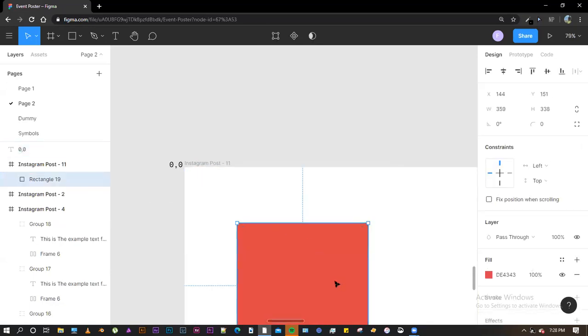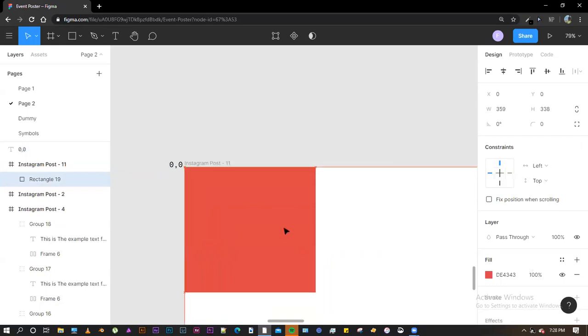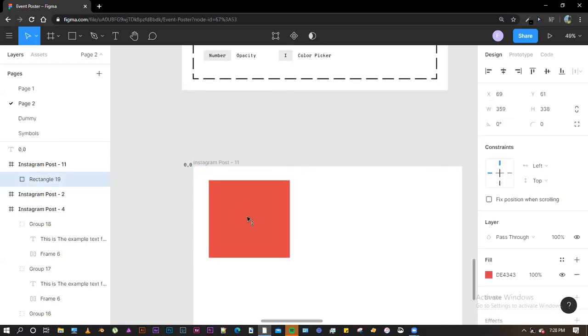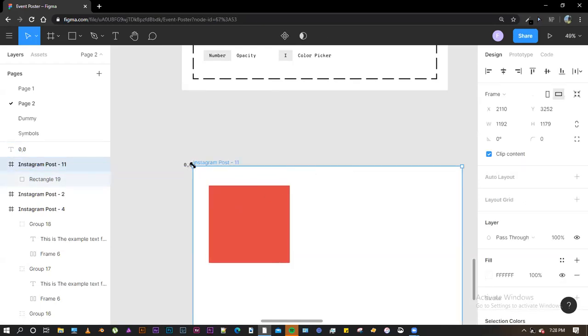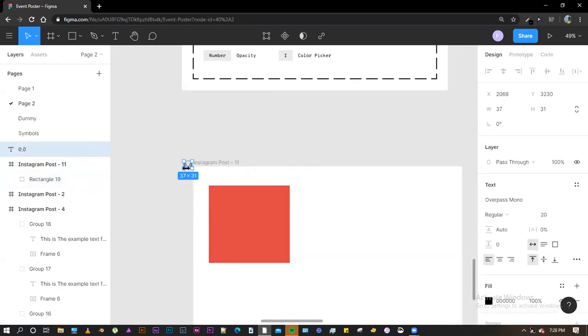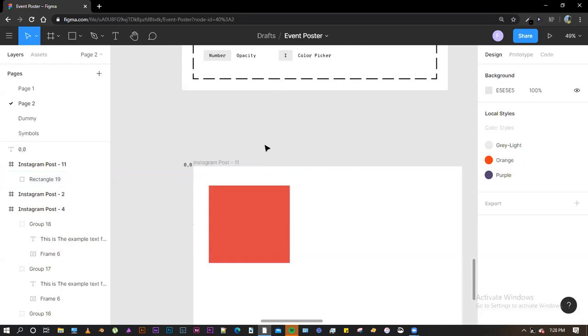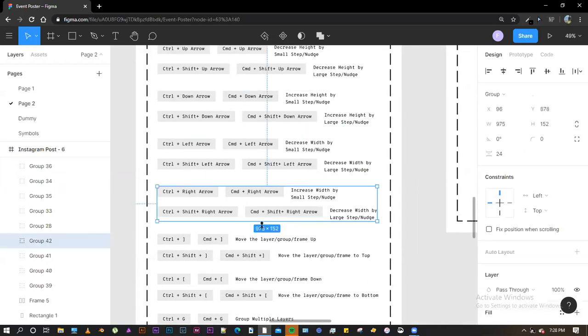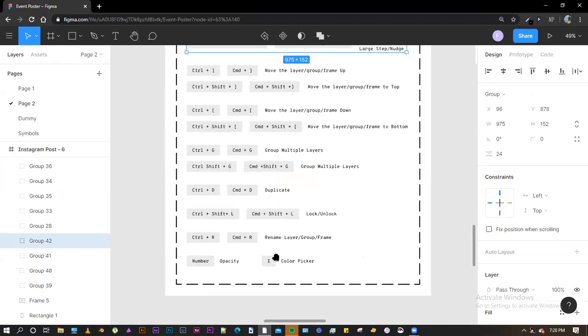And if I hold down the shape and align the corner here, so the position of this in x and y axis would be 0 and 0. So now if I move it to the right, the X would change. And if I move it below, the Y would change. So consider this 0 by 0 point, and every place that you move it would be referenced from here. All right. So these are some of the shortcuts that are used to increase and decrease the height and width. So we have covered it up until here.